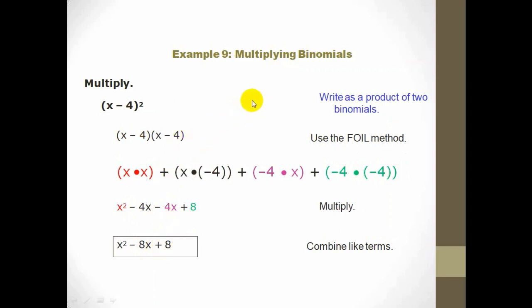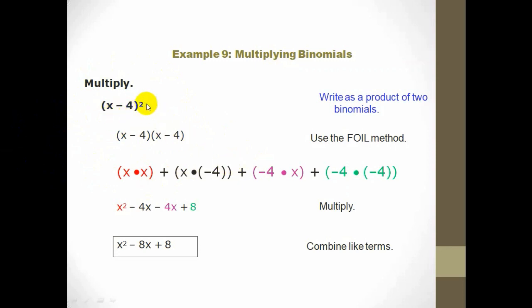Now another example, to multiply this binomial, x minus 4 whole square. We can use the formula, the polynomial identity, as I have already told you in the previous lectures: a minus b whole square is equal to a square plus b square minus 2ab. By those polynomial identities, like a plus b whole square, a minus b whole square, and a square minus b square meaning a plus b into a minus b, we can multiply the binomials. But here I would like to tell you the process of multiplication.